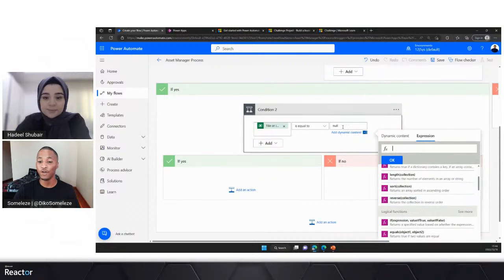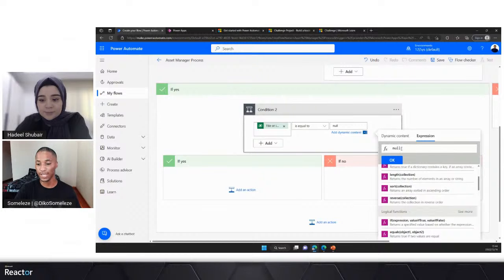But for our friend here, null, to check if that image content or that specific array is null, you need to use the null function within Power Automate